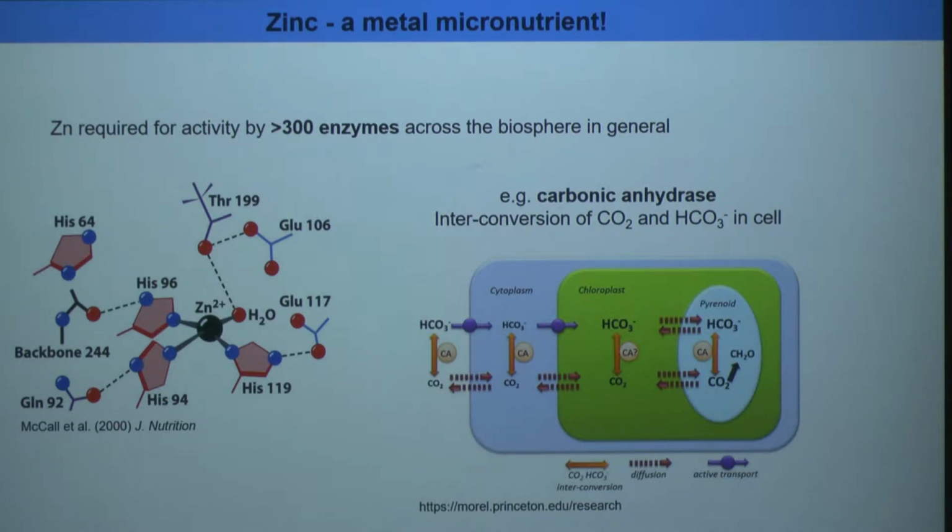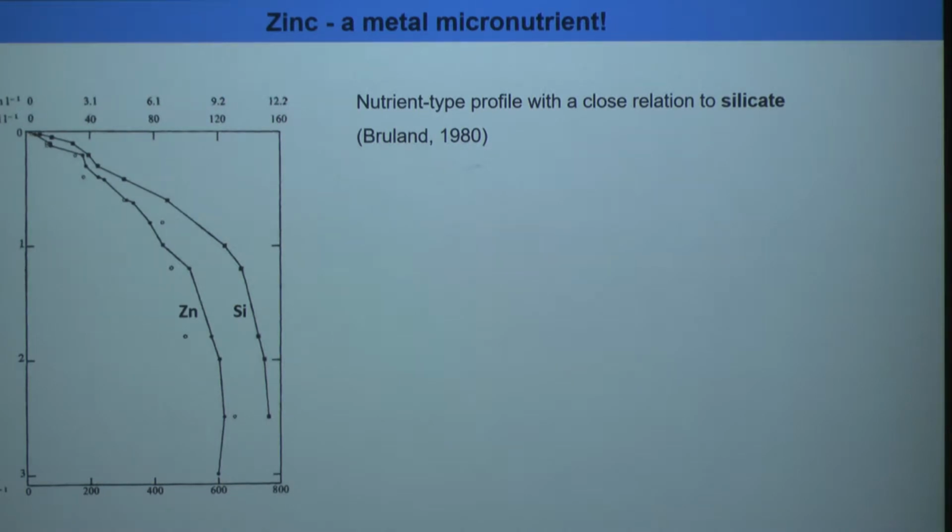also important for every one of us, for example. So zinc is used in a lot of enzymes across the biosphere, not just in the ocean. Very prominent is the carbonic anhydrase for conversion of CO2, for example. And again, going back to this first study from the 80s from Ken Bruland,